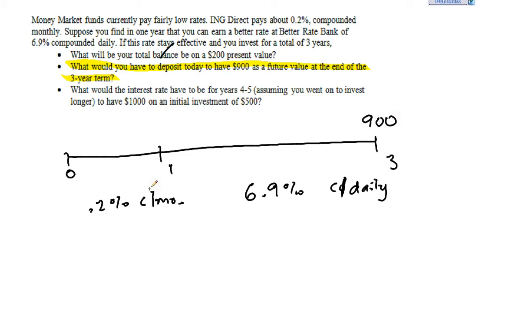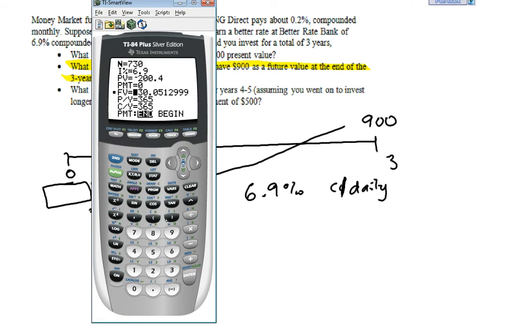And we sort of have to work backwards. We need to figure out what is our initial outflow going to have to be. So we kind of have to figure out, well, what does this have to be? Now, before it was reinvested, what was the outflow there, or the inflow there? And that will lead us back to this point. So we kind of have a few little hurdles to jump over here. So the first thing I know is that my future value is a positive 900, since that's going to be an